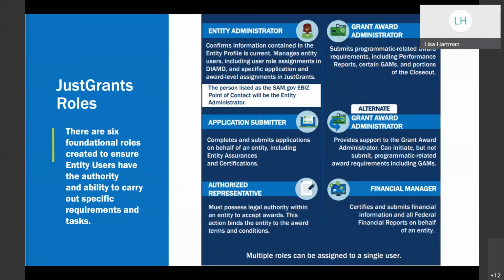Now, if the entity administrator will also need to take some part in managing awards or applications, that's not a problem. They just need to be assigned the additional roles that allow them to do so. The Grant Award Administrator role is one that handles programmatic requirements, including submitting performance reports, initiating and submitting GAMs, and initiating award closeout. We also have an alternate Grant Award Administrator role available. Now, this individual can initiate but not submit grant award modifications and performance reports. So this is someone who can enter the data, but the grant award administrator is the only one that can